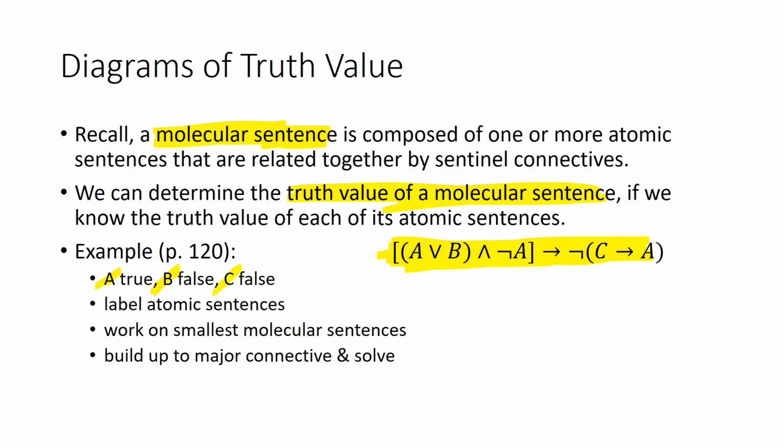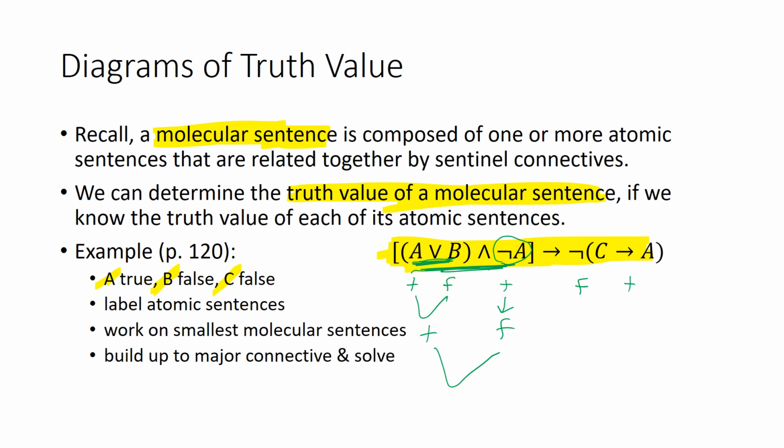So we're going to first label each of the atomic sentences here. So A is true, B is false, A is true, C is false, and A is true. Well, we can first work on this not A, so that turns it into something that's false. We have this little molecular sentence here. This is disjunction, and there has to only be one choice that's true, and we do have that, so that sentence is true. We then have this overall conjunction,